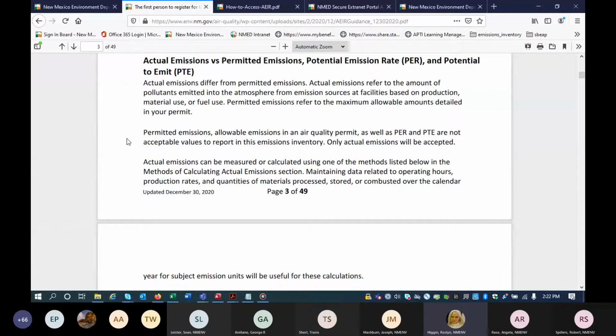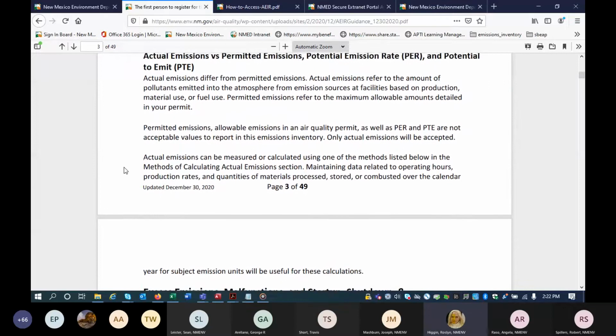Sometimes the actual amount being emitted is much higher than the permitted amount because of excess emissions. We do not accept potential emissions rate. Do not submit that, and do not submit your potential to emit.